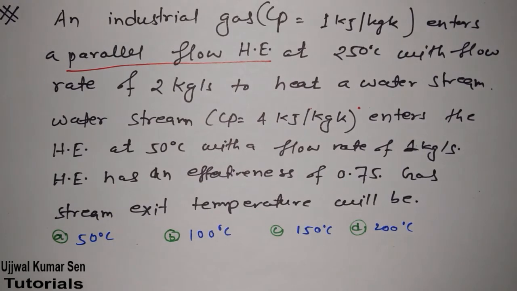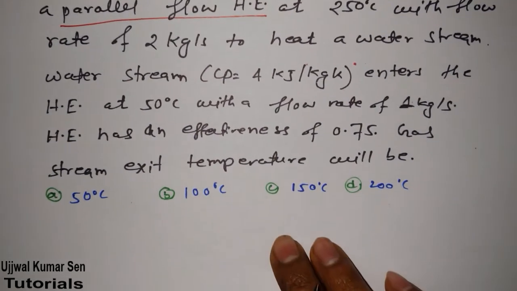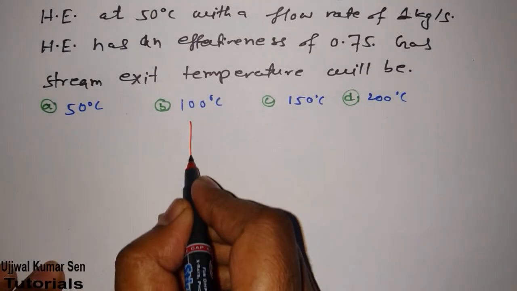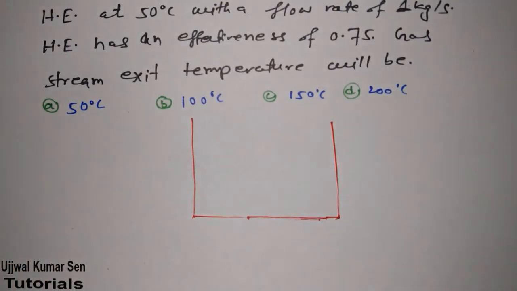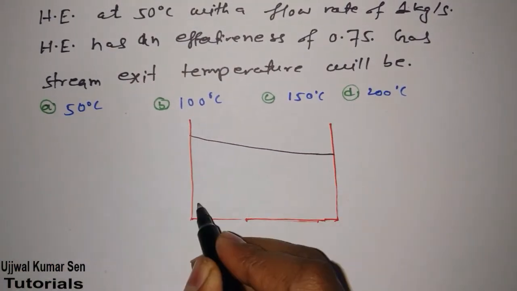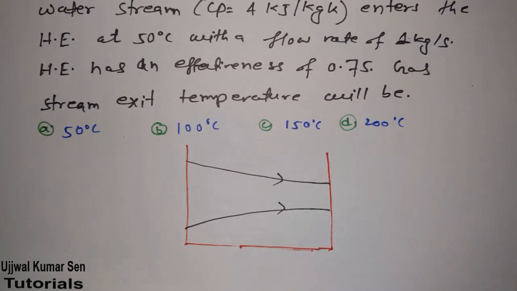One suggestion I would like to share with you before watching this video: just pause this video, don't write this question, read the question and try to write what they have given in the question, and of course don't forget to remember the simple diagram. I must say that the simple diagram of parallel flow heat exchanger, because in these type of problems, if you know the diagram, then you can visualize the things quite easily, because the heat exchanger is not situated with you right now, so you have to visualize the things. If you can visualize it, then you can solve the problem quite easily. You will not face any problem.